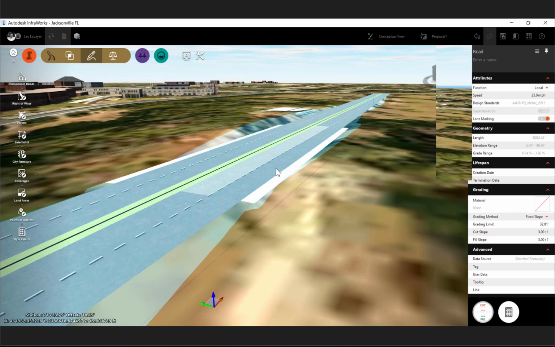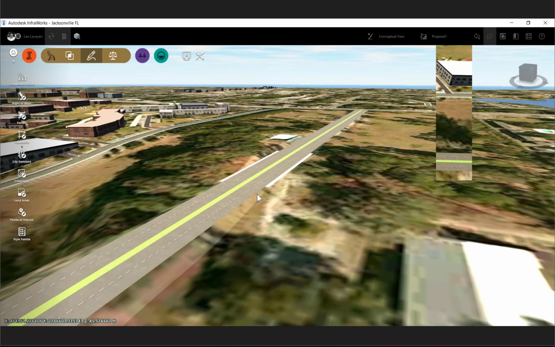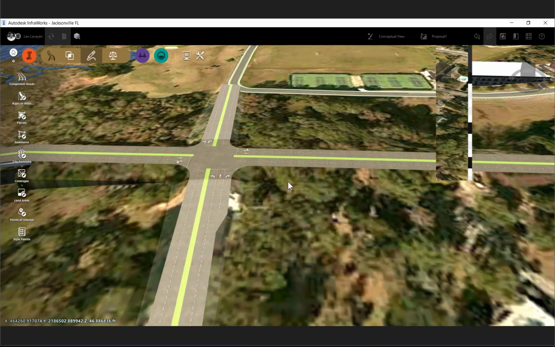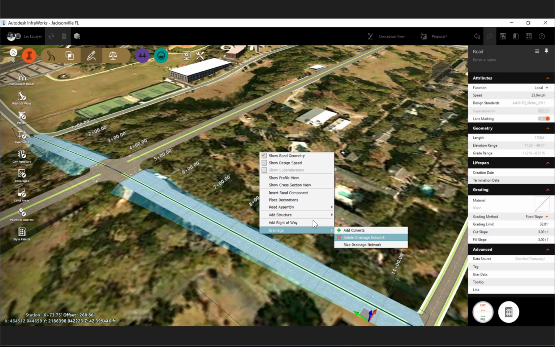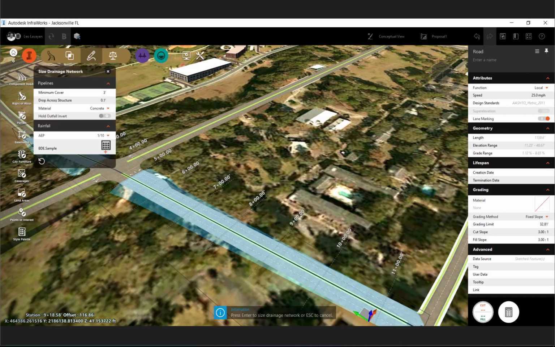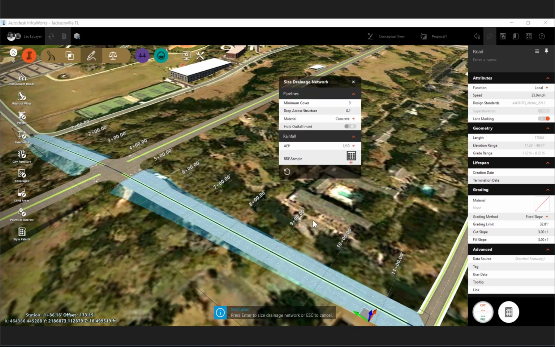One of the other things I'm going to briefly talk about here is the fact that I can take this geometry and add utilities to it. And I do enjoy the fact that I'm able to take a road and start looking at my options of size of drainage network on it. It looks at that roadway, and you can let the software look at a minimum cover, a drop across a structure, a material that you're using, give it a little bit of information for what you would like to add into a particular network, and have it try to size a